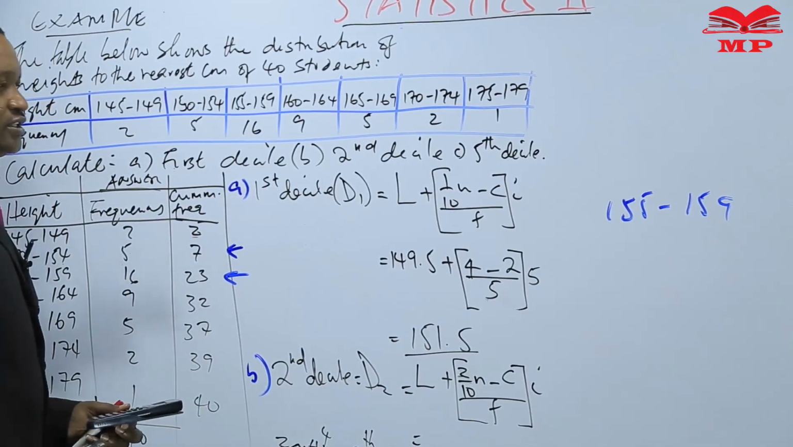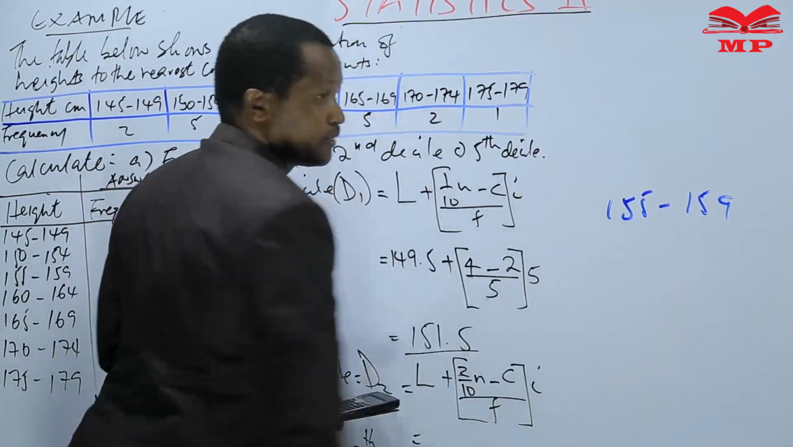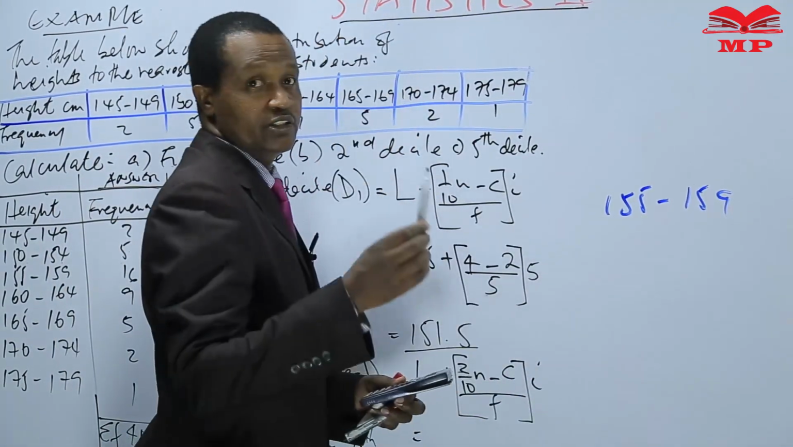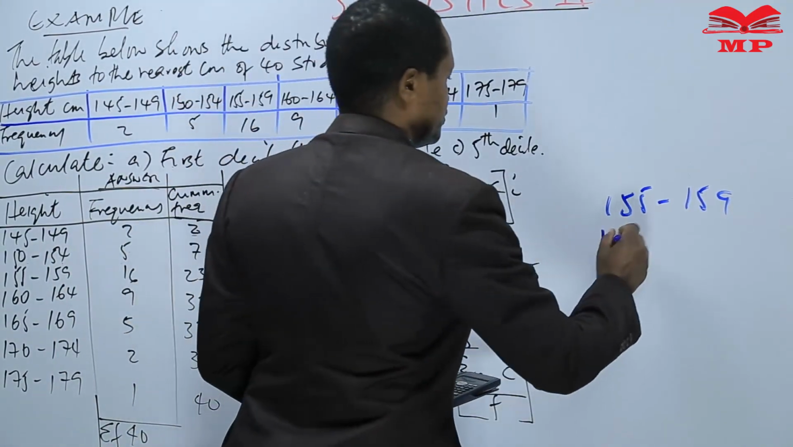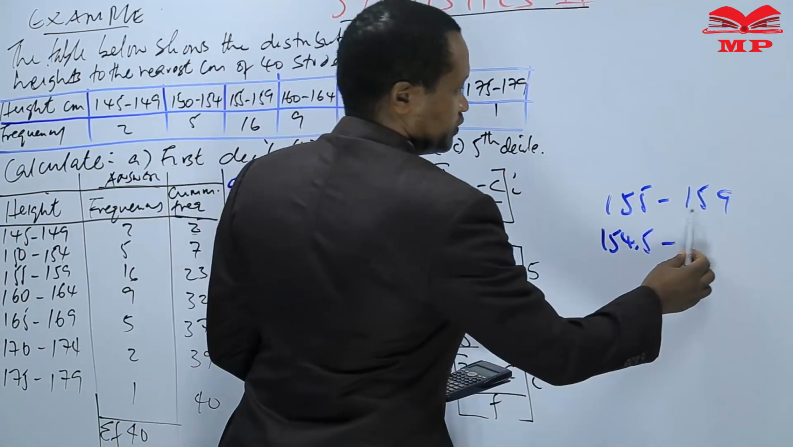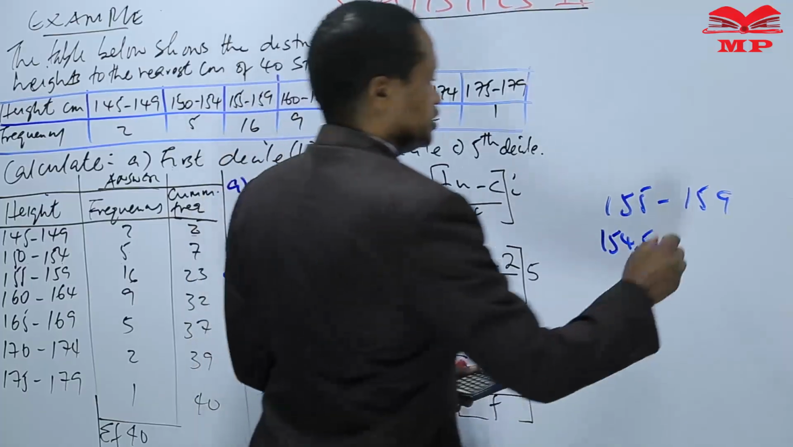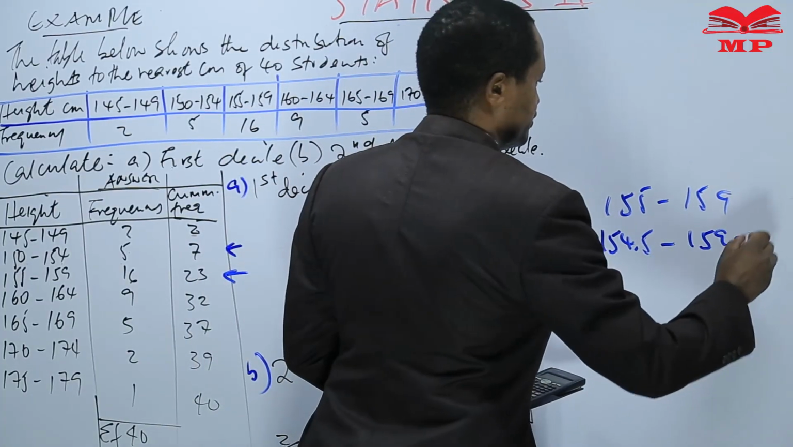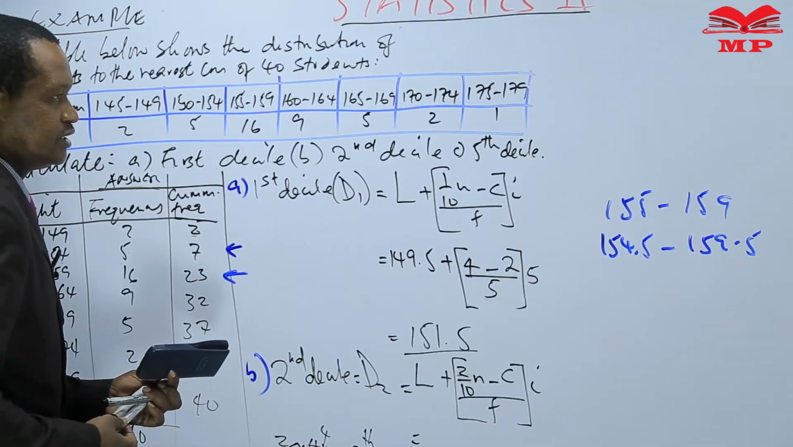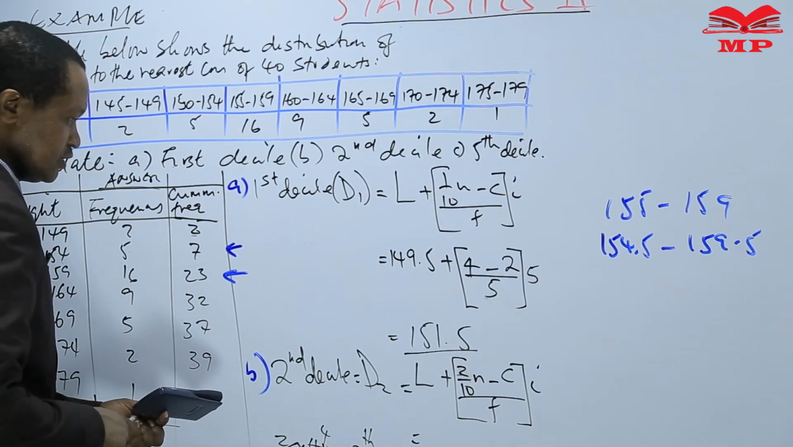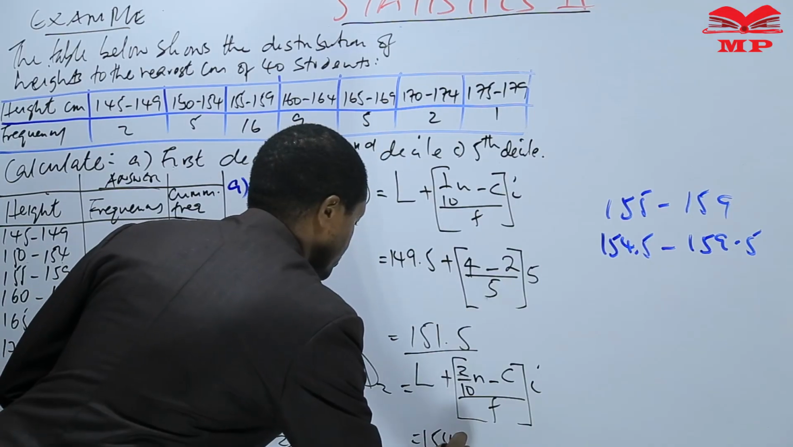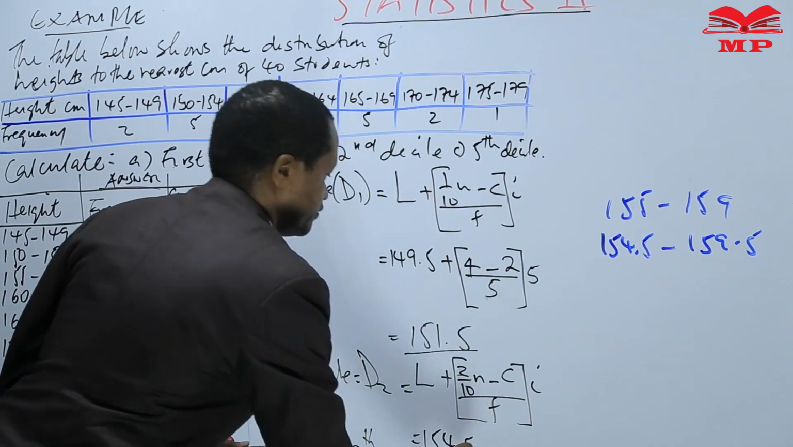So if that is the case, then what is the class boundary here? The class boundary will be 155 minus 0.5, giving us 154.5, to 159 plus 0.5, which is equal to 159.5. So the lower class boundary here is 154.5